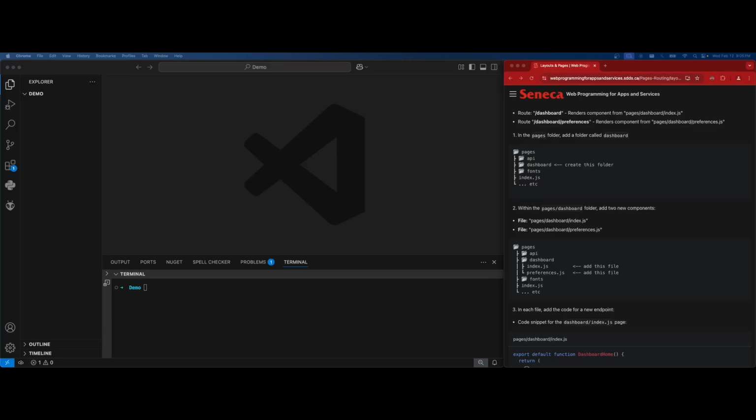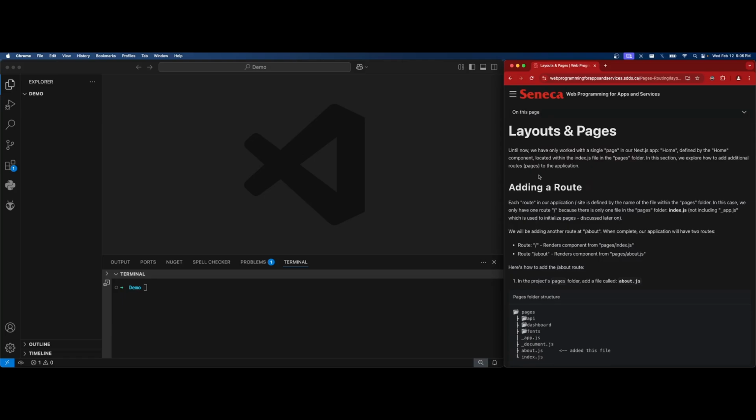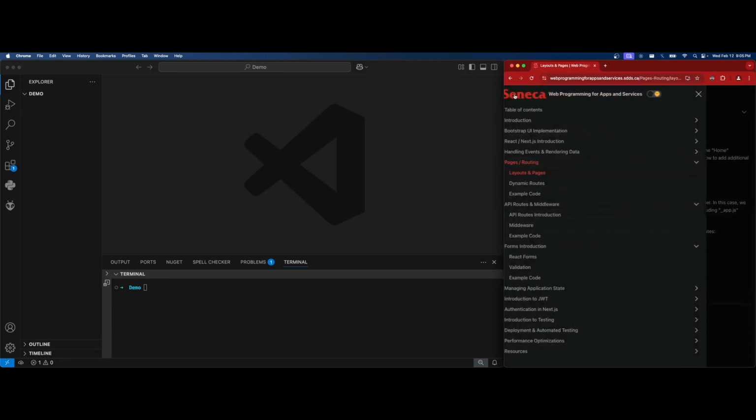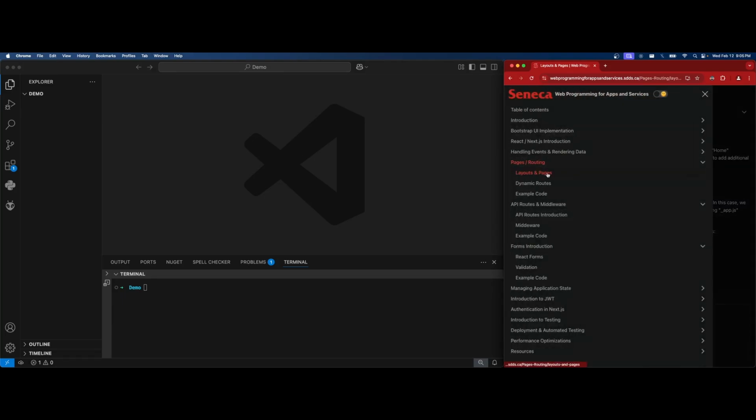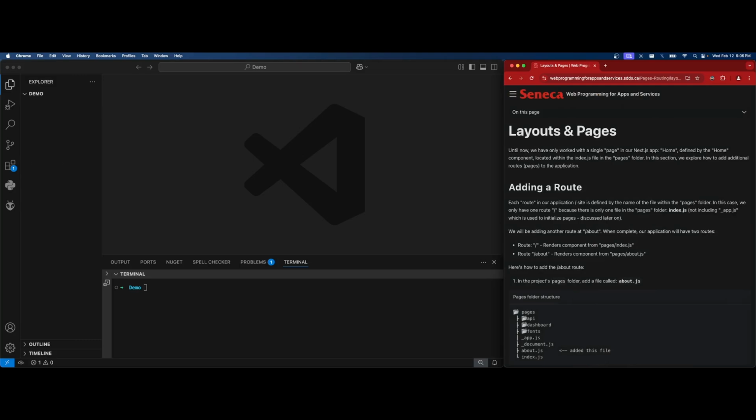Hey everyone, so this is week 5, and we're going to talk about layouts and pages and routing, also dynamic routes. Not too hard of a concept. Again, a lot of these concepts are from Web322, so it's just a different language. It's not that difficult. First, we'll just start by setting up our project as we always do,